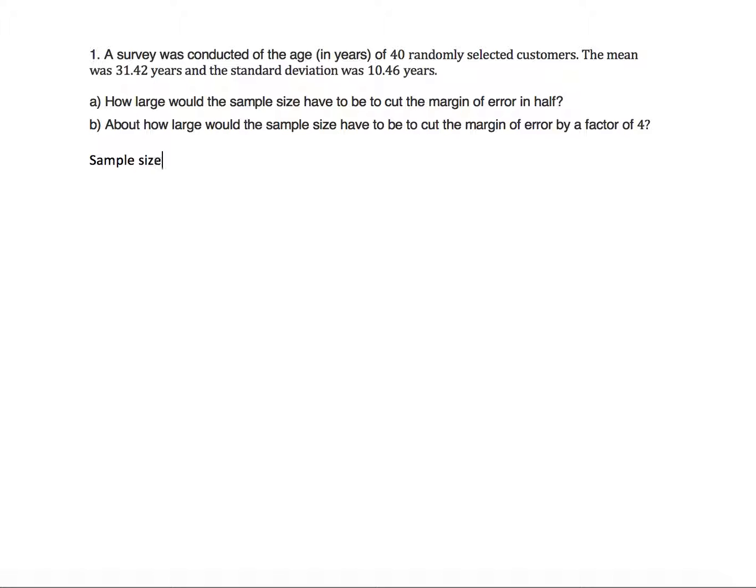The sample size is n equals 40. The sample mean x-bar equals 31.42, and the sample standard deviation, which is s, equals 10.46. So the first question, A: how large would the sample size have to be to cut the margin of